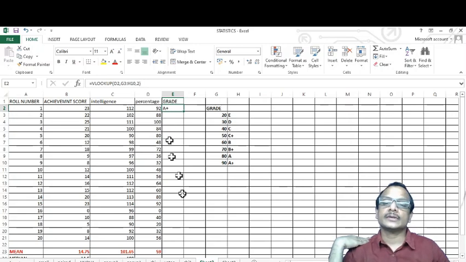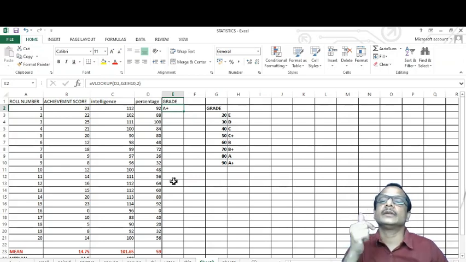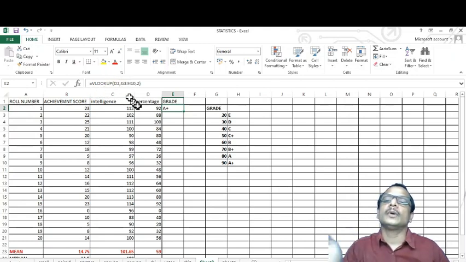In that way you can convert all the students' scores, but before proceeding to that step you have to make a minor modification in the formula. Just look, the formula is equal to VLOOKUP, bracket, D2, comma, G3 colon H10, comma, 2, bracket close.